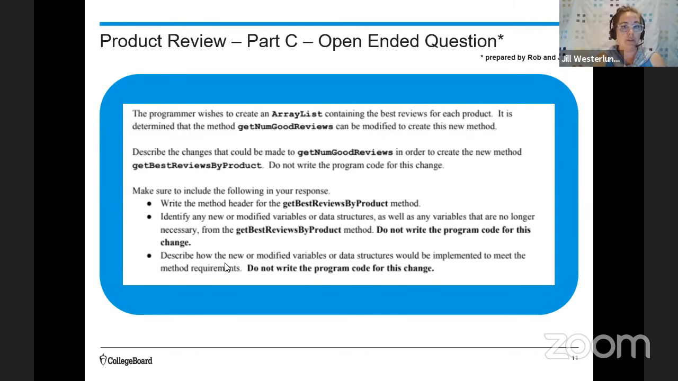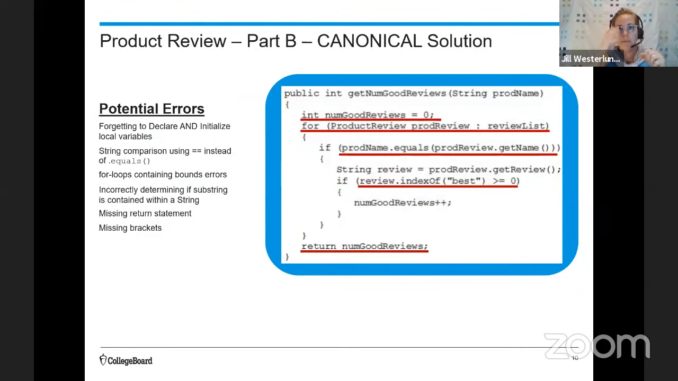So that means kind of tell the story how the new or modified variables or data structures would be implemented. Essentially, what we would say if I was saying it to you in pseudocode is we want to create an array list of only the things that are best. So if you go back to the code, maybe go up a slide. If you look at this code,